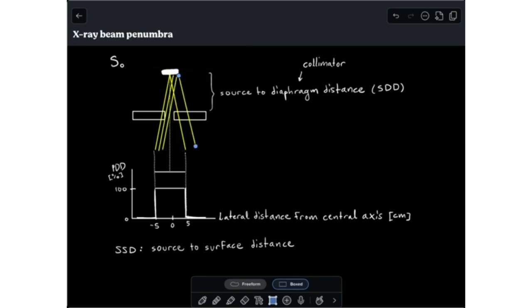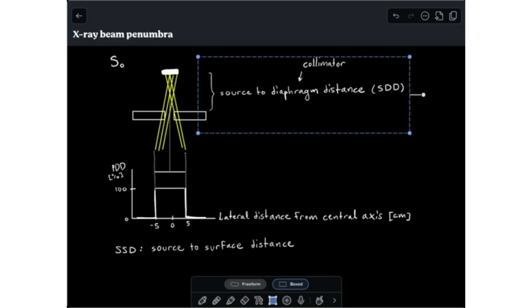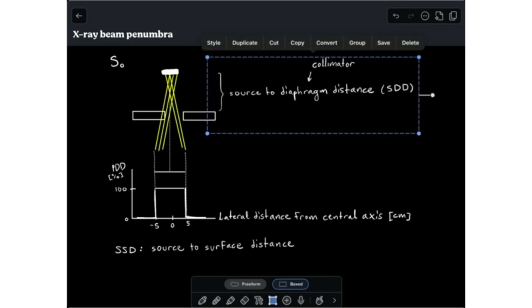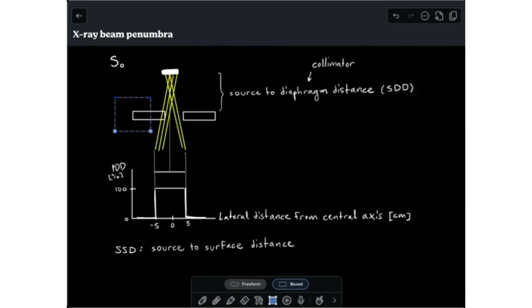The result of this is that there's gonna be a smooth, rather than immediate, fall off in the lateral dose distribution on that surface, depending on the size of the source, as well as the field size prescribed by the collimator diaphragm. So if we widen it,